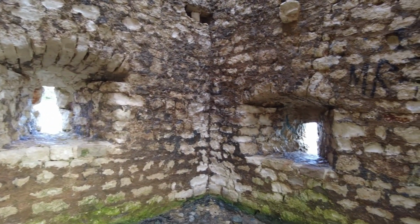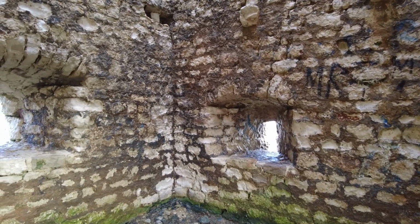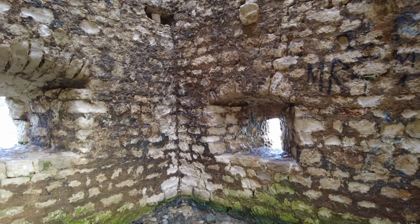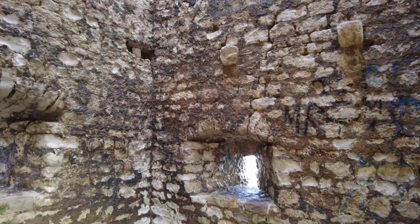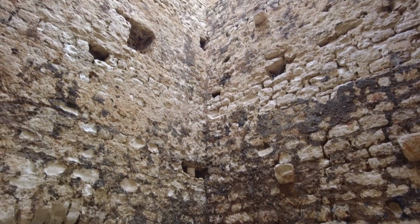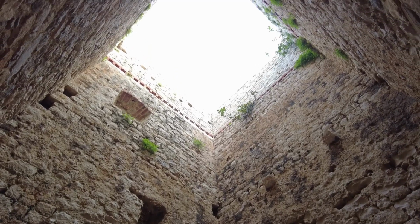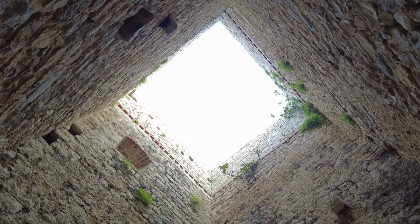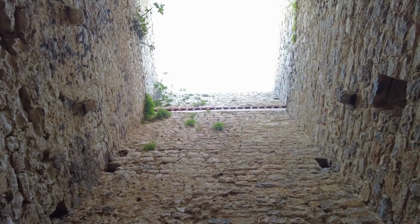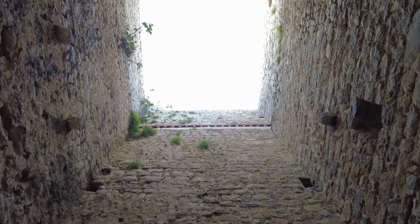No graffiti. Once again, I'll pan this upwards and you can see on the walls little openings. And I can only assume that's where the lumber used to go for each level and maybe a set of stairs. So we'll go upwards and I'll show you upwards. There you go. Now I'll do a bit of a twist and bring you down. There's nothing on that side to take you up. And then if we come down,